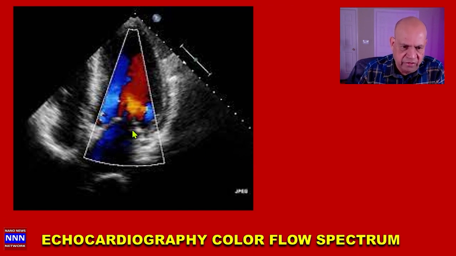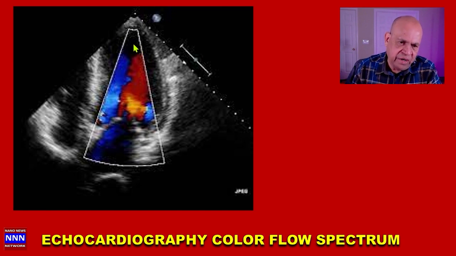Now here we have blood moving towards the transducer, producing a smooth red color, and there is some degree of turbulence which is creating this yellow right here in the center, and the blood is moving into the aorta, which is going away from the apex of the heart towards the aortic valve, so it's producing blue. And this blue color may be related to some degree of mitral regurgitation, and this is the left ventricle, this